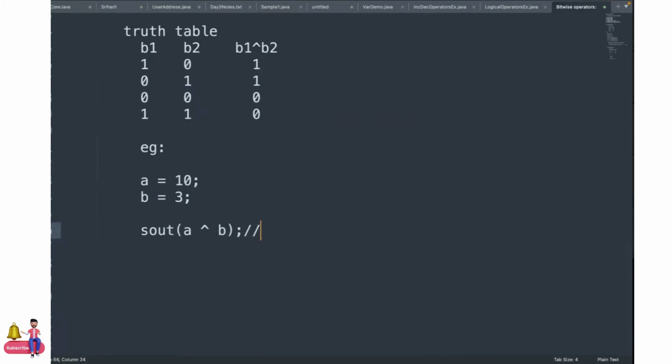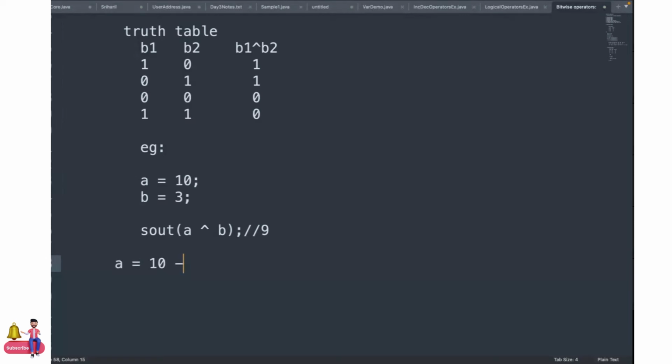What will be the result that I will get after the evaluation? 9. So let's try to do it. Let's take the decimal number, put it into binary representation, and afterwards just calculate the result and convert it into decimal format again. Okay, so what we do now, let me say A is equal to